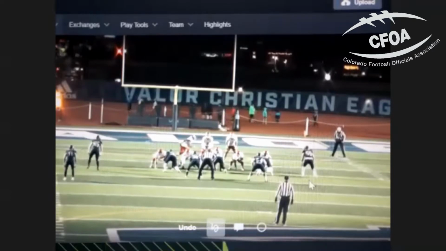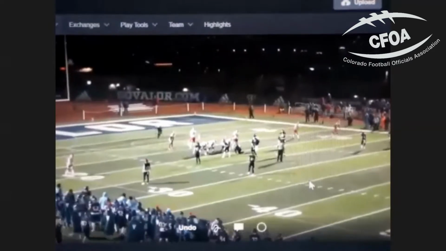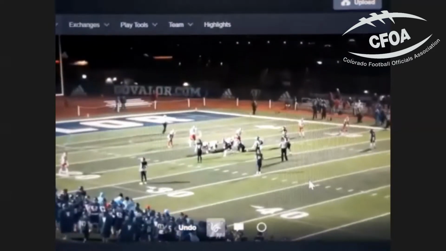Yep. Hey, Kurt, can I break in here for just a moment? There's something really important in a message on the chat that we should share for those who may not be looking at the chat. The wings, it's important for them to be in position to judge that forward or backward pass. Crossfield mechanics may be important as well as it starts to shift toward out of bounds on this side. So just be patient, wings on the sideline, and no need to go downfield. Just stay at home.